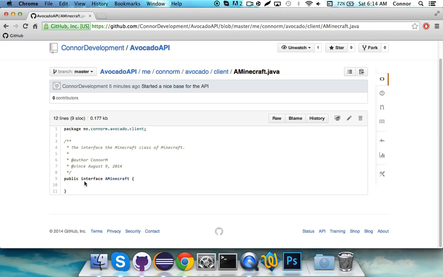For example, something that might be in here is public entity, or it would be an entity client player, most likely. That's probably what we're gonna call it. Get player, and basically in Minecraft, the entity client player MP class will implement the A entity client player. Therefore, we can